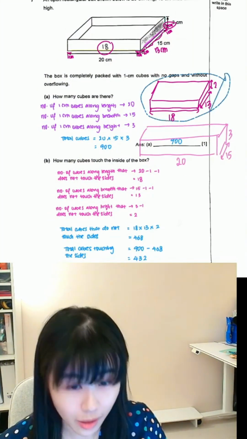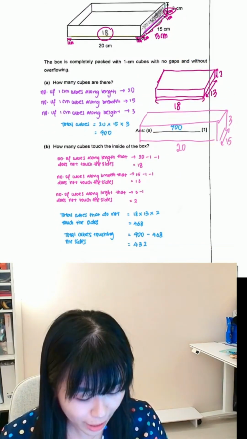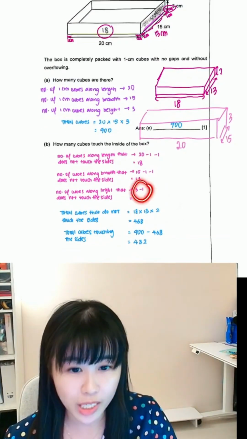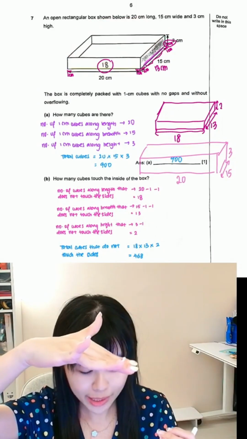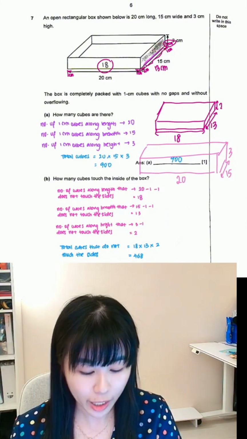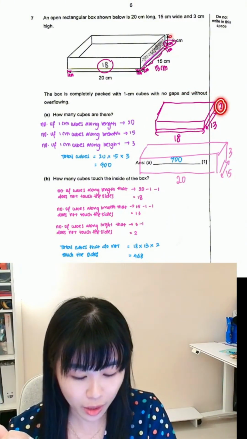This thing here, when I'm minusing, if I put it back here, I want you to imagine you are left with the parts that will be touching the box. How come I only minus 1 cm? It's because, you see on top here, there's no lid. The one that will touch is going to touch the bottom one. So which means I just want to minus the top part entirely with the 2 cm here because there's